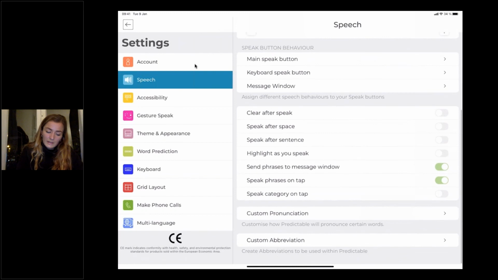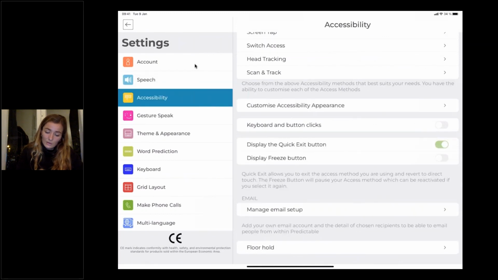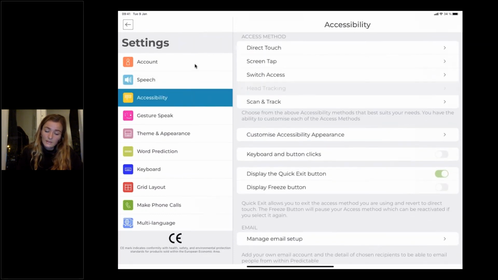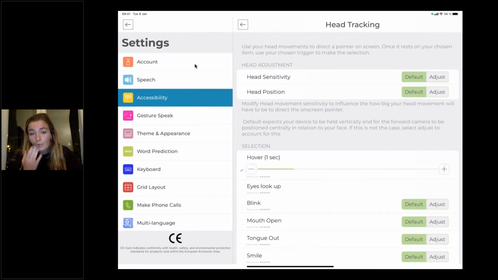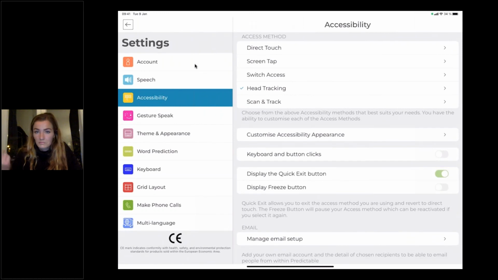I would say the big difference is the head tracking feature that allows you to control the app with your nose, I mean with your head, just by pointing at the keys with your nose. This won't be available on Android, because for this feature we are using Apple technology, which is obviously not available on Samsung or Huawei or whatever.